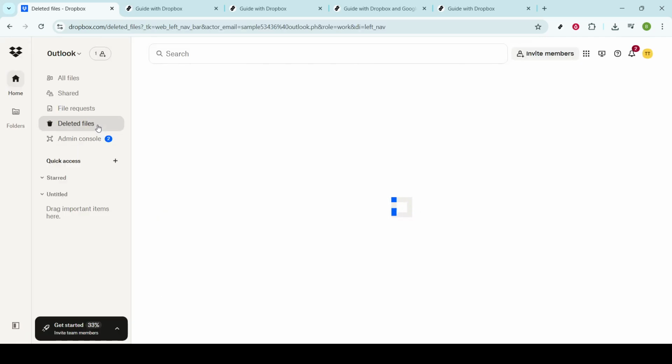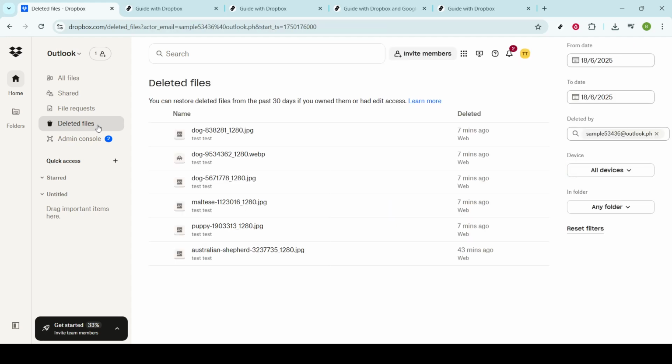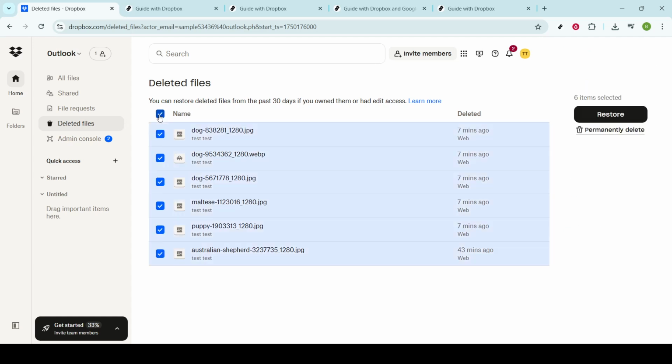This will take you to a new screen dedicated to all the files you've previously deleted but haven't permanently removed yet. On this screen, you'll find a list of files that are sitting in your Dropbox trash. If you're looking to delete everything at once, there's a simple way to do that. Just look for the little checkbox next to the name heading at the top of your list. Clicking this box will select all of the files in your trash at once, saving you from having to click